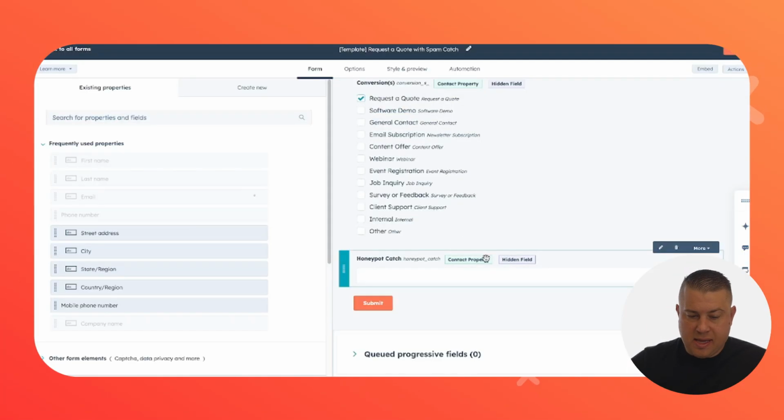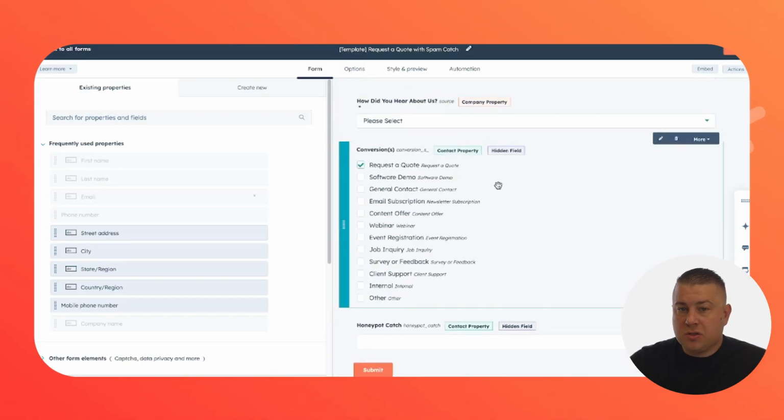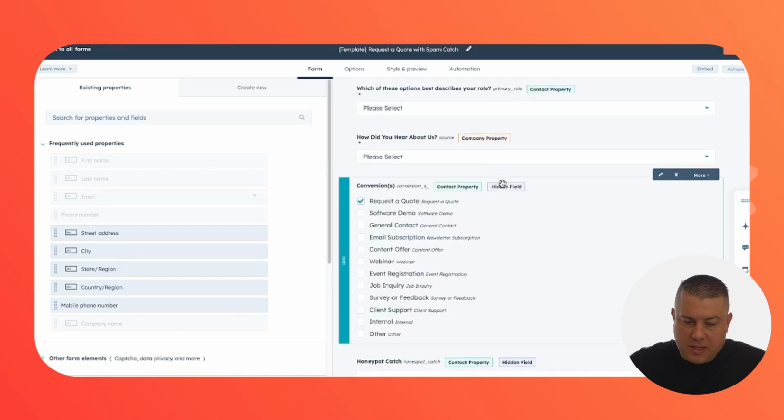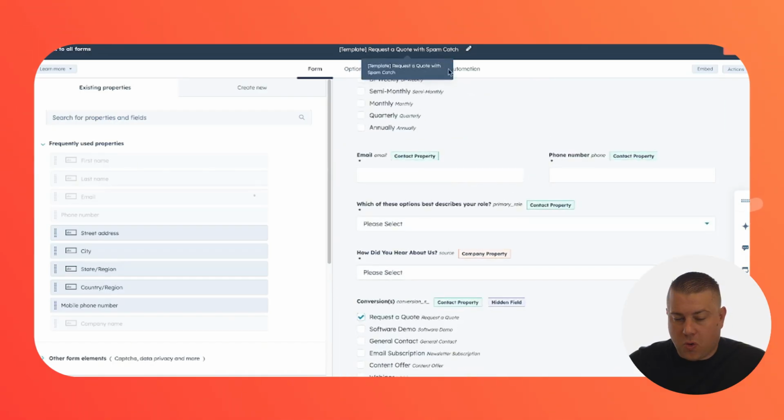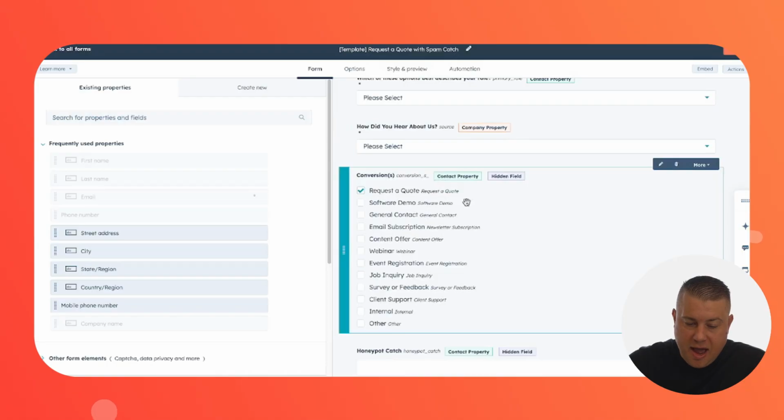Now, typically, hidden fields are used to aggregate actual data. If you see in this form, we actually have another property called conversions, which is a hidden field. Why do we do this? Well, this is a request a quote form. So we have this multi-select property called conversions, and we hide it on every single type of form. If the form is a request a quote, we check this. If a form is request a demo, email subscription, content offer, webinar, event registration, whatever it may be, on every single type of form that we create, we put that conversions property on as a hidden field